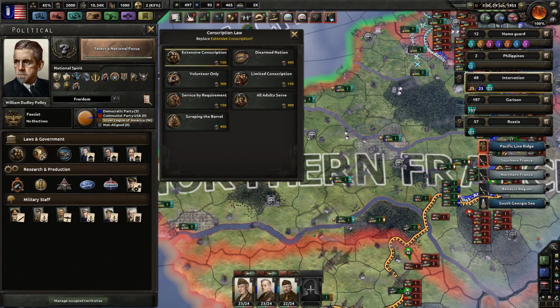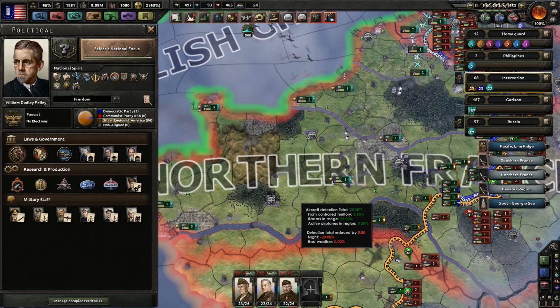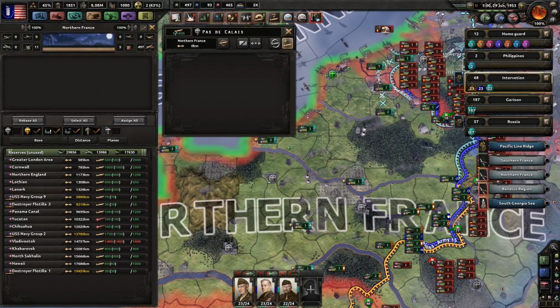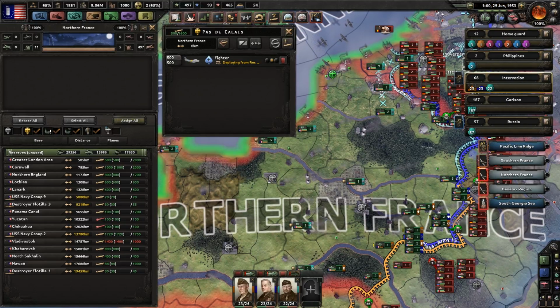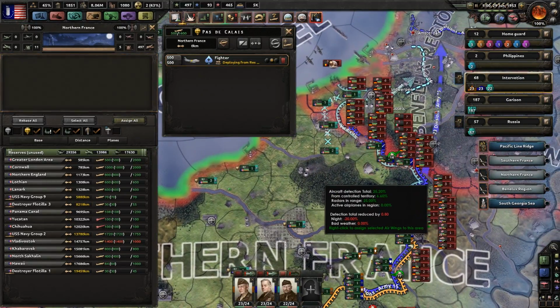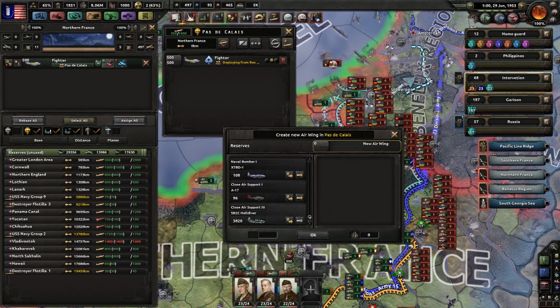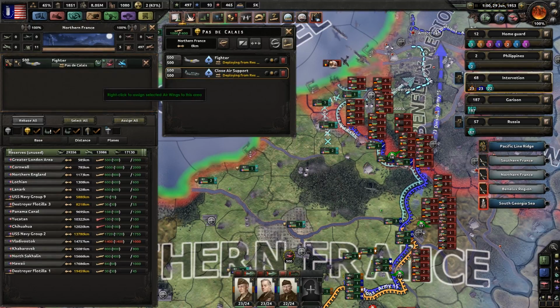We are on extensive conscription and we will go service by requirement, right? Yes, service by requirement. Gives us 8.8 million manpower, which is pretty good. Over here is the bigger airport, actually. 500 jet fighters 2, of which will then do air superiority over here. Just go. And actually, we can get a wing in here of close air support 3. Helldivers. Yeah. Also, let's get 500. And those 500 will actually do...